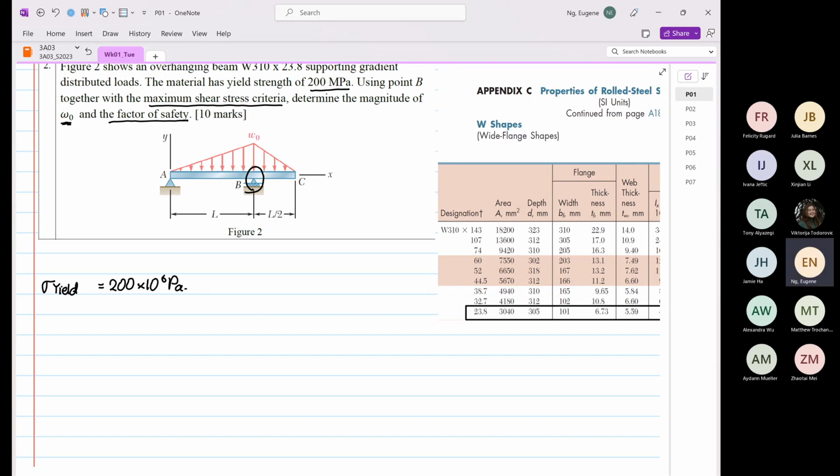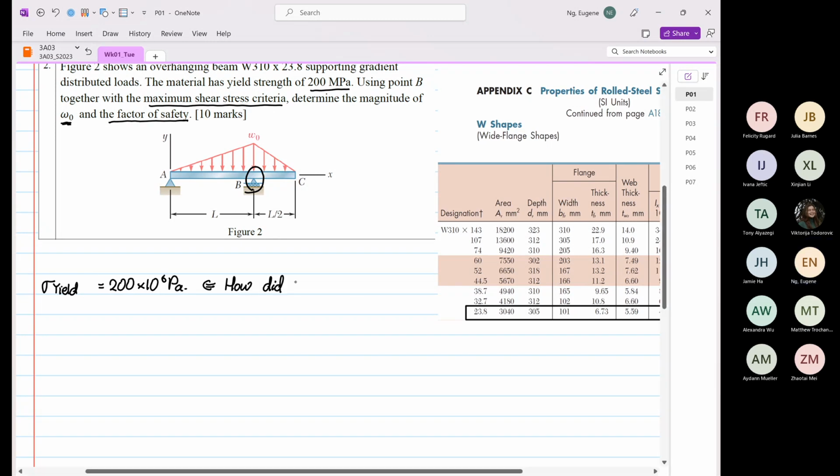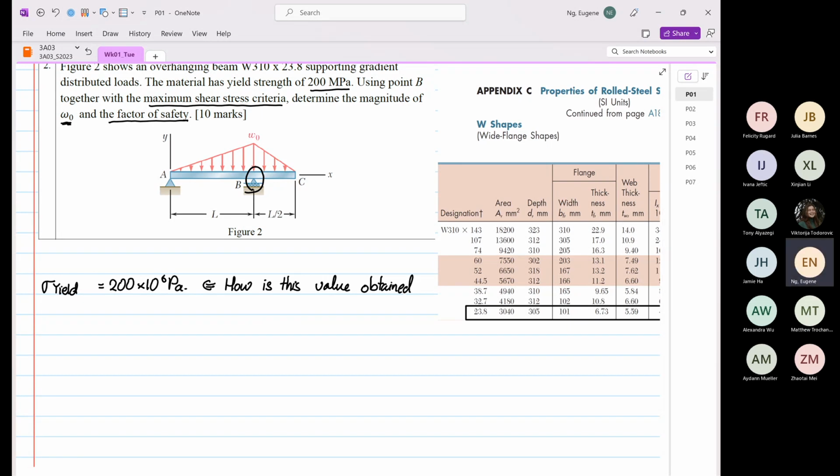But the first thing we have to know is how is this value obtained? How did they determine this value? That is very important. Why is that important? At the end of the day, you have to know if you're going to pick materials from a material handbook.